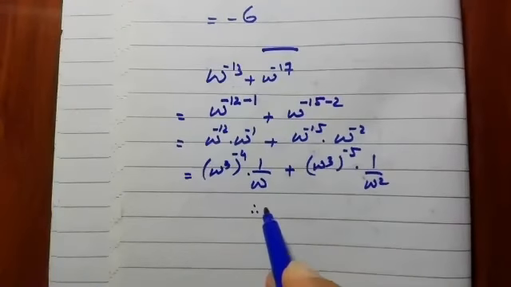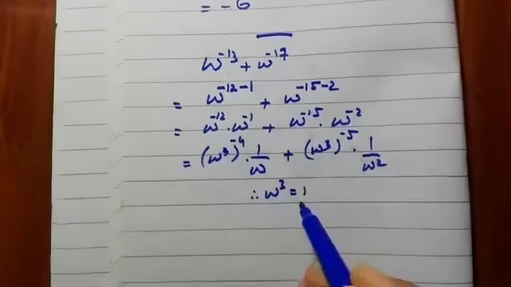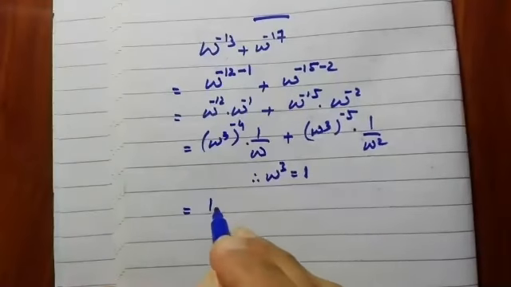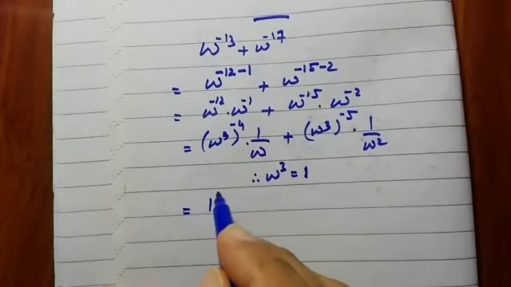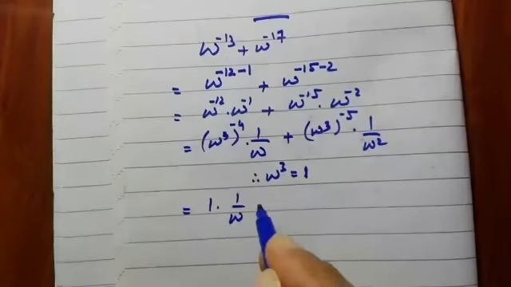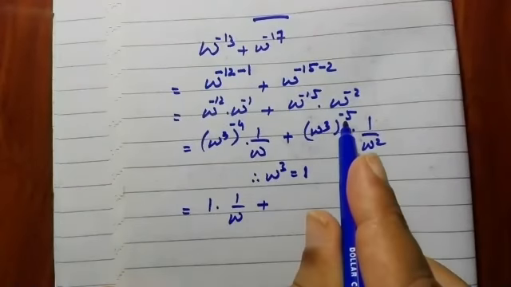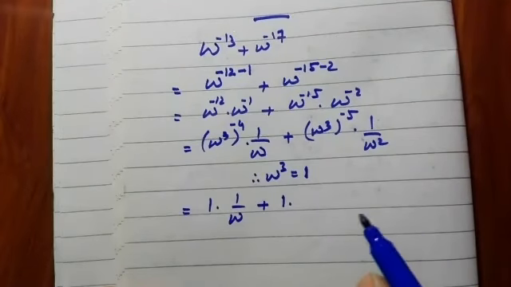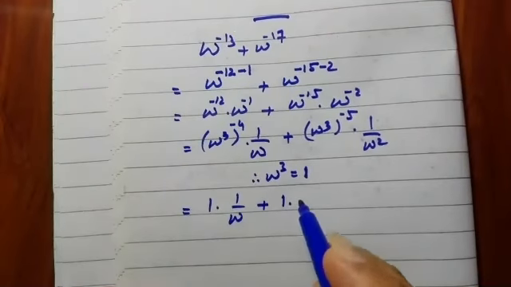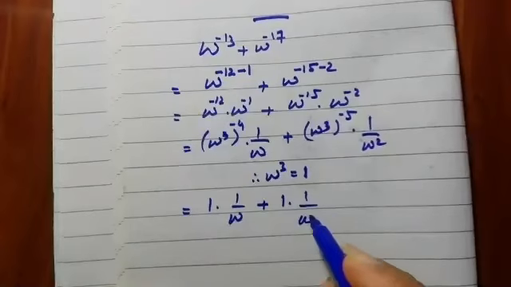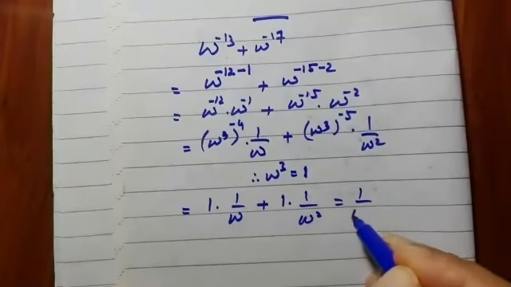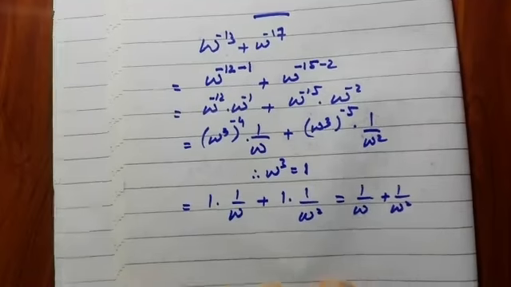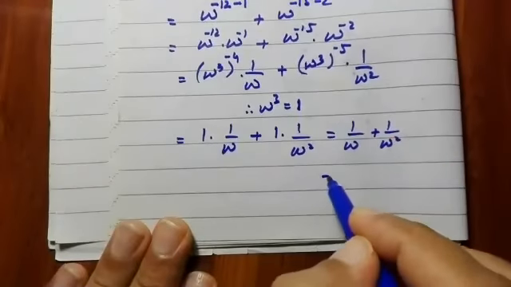So what I have done is broken minus 12 as 3 raised to power minus 4. Now omega 3 is equal to 1. So I will substitute the value of omega 3 where there is 1. 1 raised to power minus 4, 1 over omega. Similarly, 1 raised to power minus 5, again it will become 1. Whatever is the power of 1, whether it is minus 1 or minus 5 or minus 10, it is always equal to 1. So now you have reduced the question to this shape, 1 over omega plus 1 over omega square. Now we will simplify it by taking the LCM.